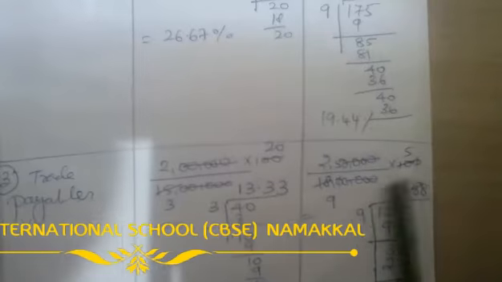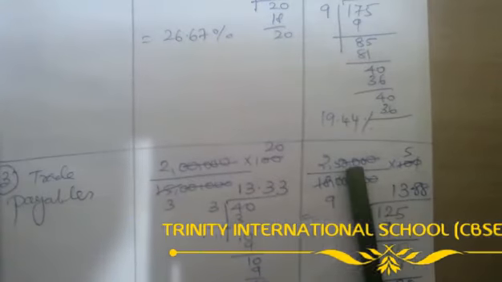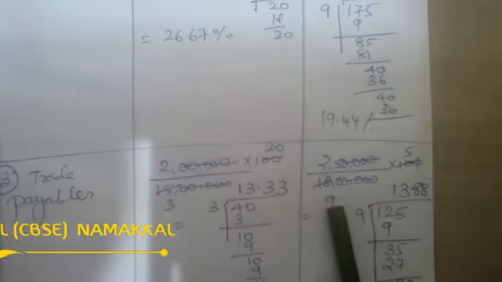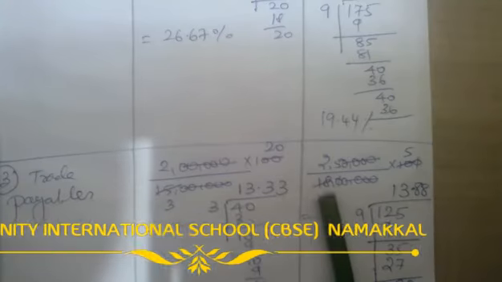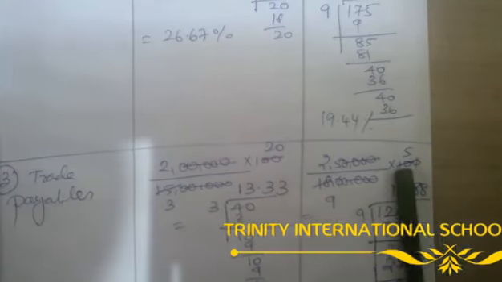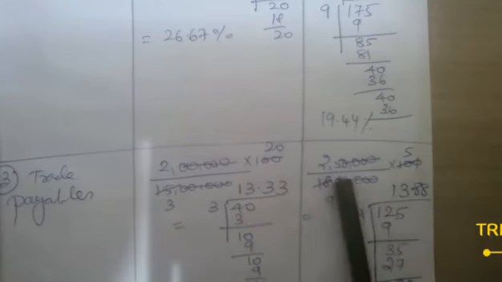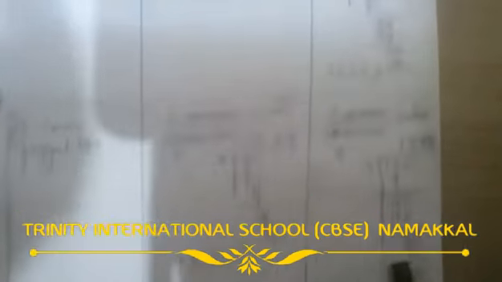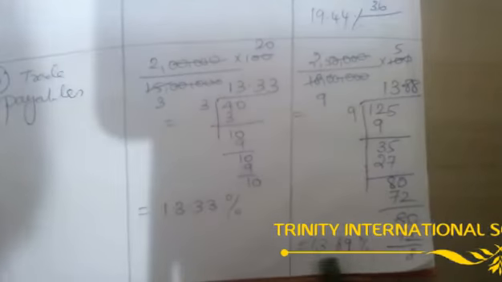Similarly here, 2 lakh 50 divided by 18 lakhs into 100. Again in the same manner, here 40 cut it, here 40, here 10 cut it. After simplification, 9 2s are 18, 5 2s are 10. So once you get it, the answer is 25 into 5, 125. So divisible by 9. After this calculation, see, I have shown here, you will get 13.89.